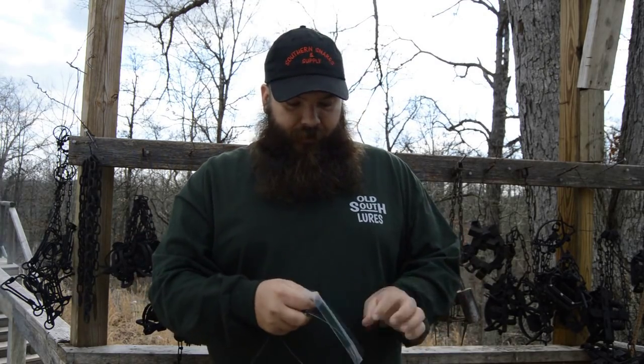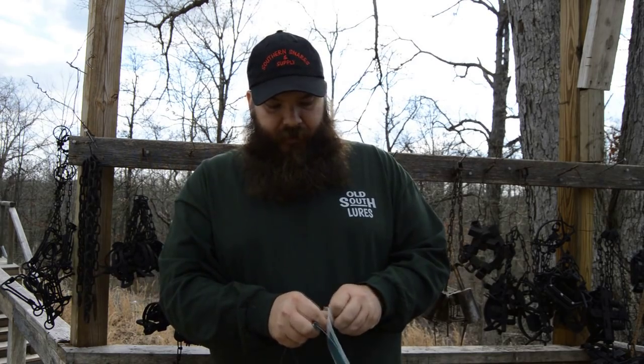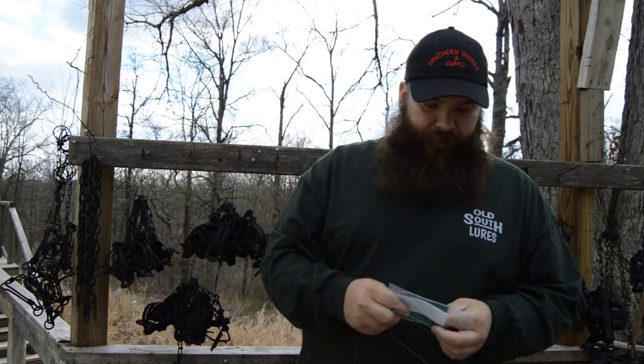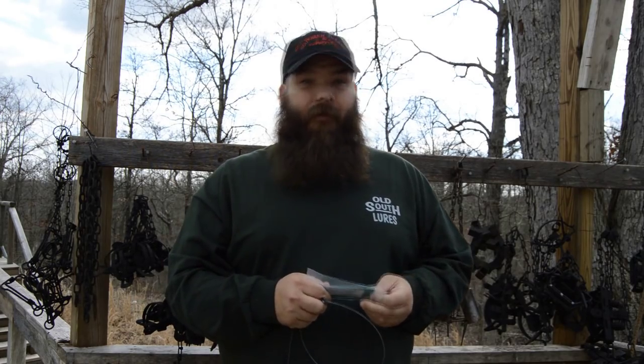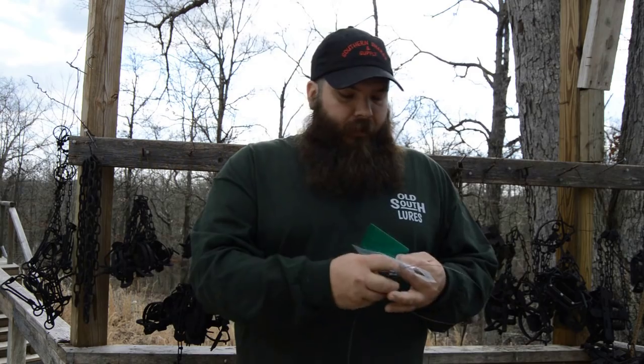Now, this little card that comes with it is great, especially for someone who doesn't snare a lot like myself. I have snared before. Of course, in Oklahoma you can't, but there are other states out there with more common sense trapping laws than Oklahoma, thankfully. But